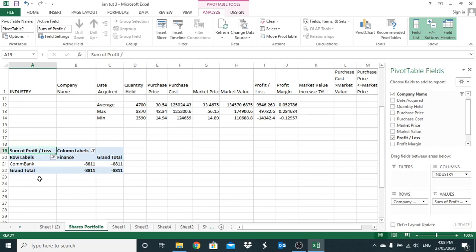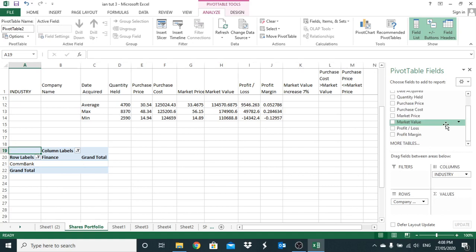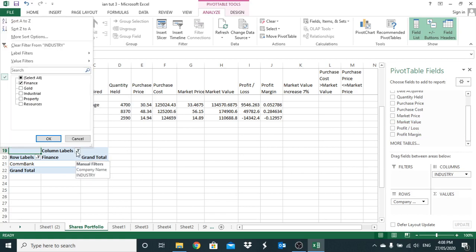In this exercise, we'll rearrange the pivot table to display the market price for Commonwealth Bank within the finance industry. Steps to display market price for Commonwealth Bank within the finance sector. We need to remove the profitability field from the values area. Right, so we need to remove this from here. Bring this back over to here. And what we need to do now is in the column section over here,